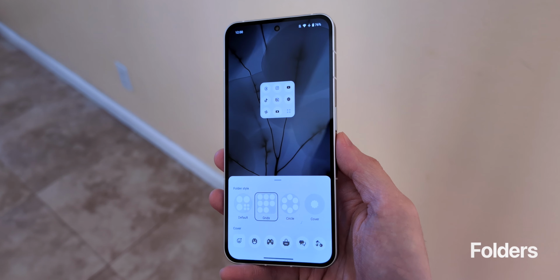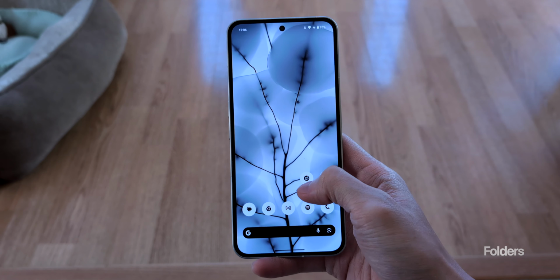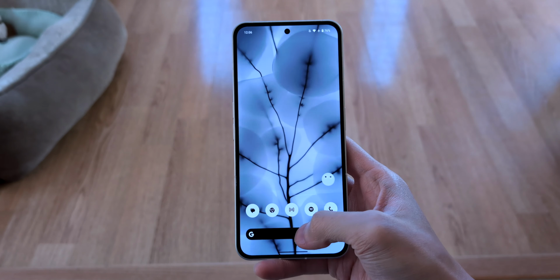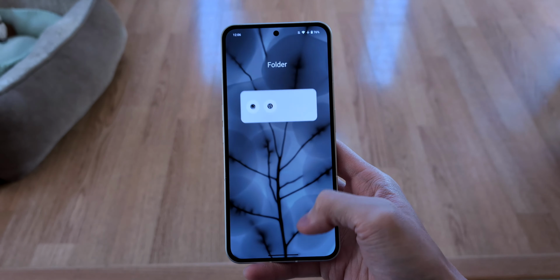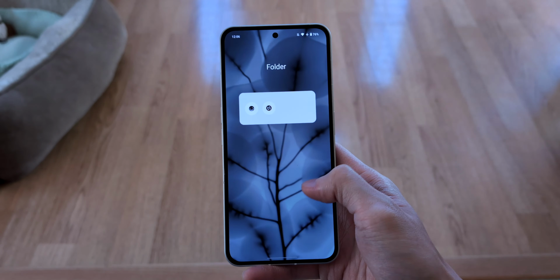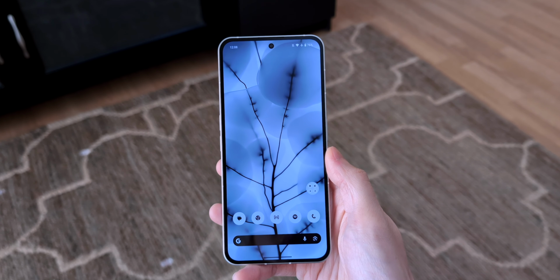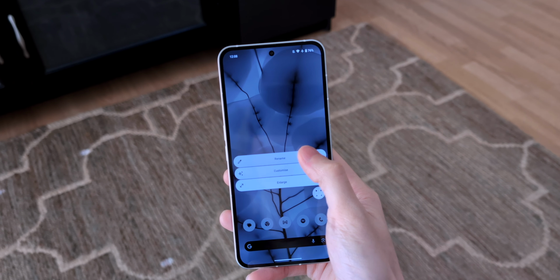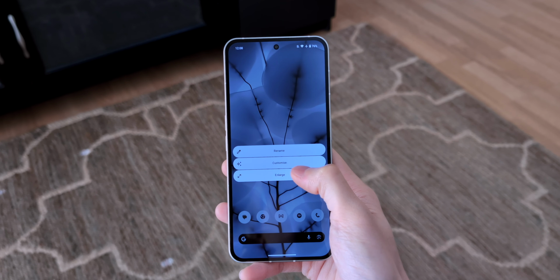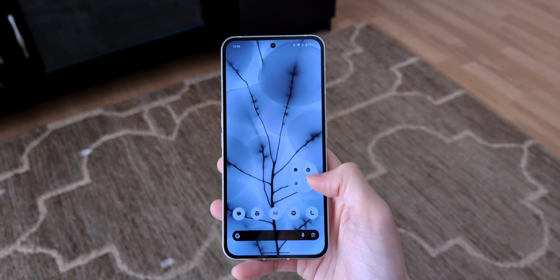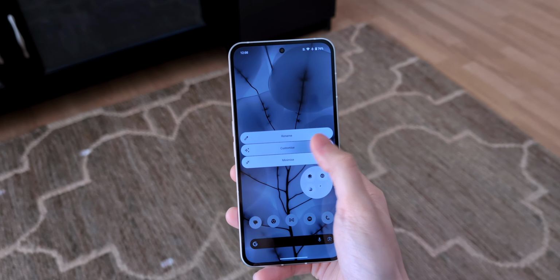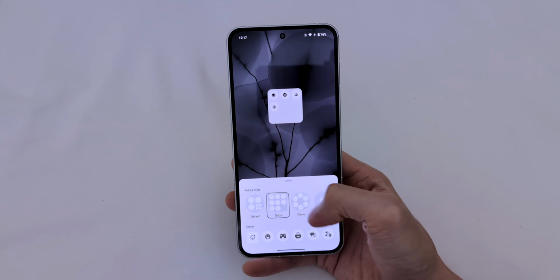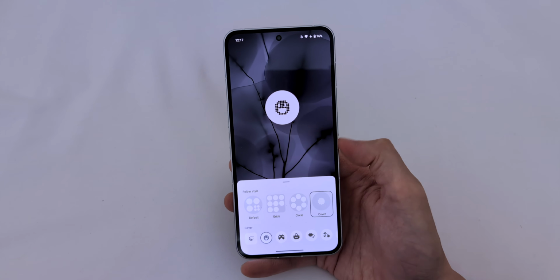Folders on Nothing OS 2 are really customizable. Like all smartphones, if you drag an app on top of another one, it'll automatically create a folder, and tapping on it will open it and display all the apps inside. When you long press on a folder, you have the option to rename, customize, or enlarge. Renaming is straightforward, and enlarging it will make the folder the size of 4 app icons. But customizing it is where things get interesting. There are different folder styles like default, grids, circle, and cover.